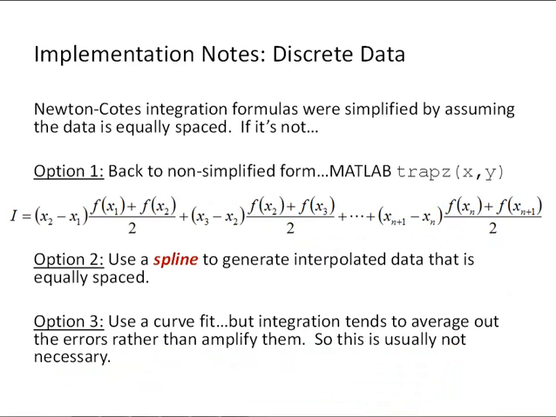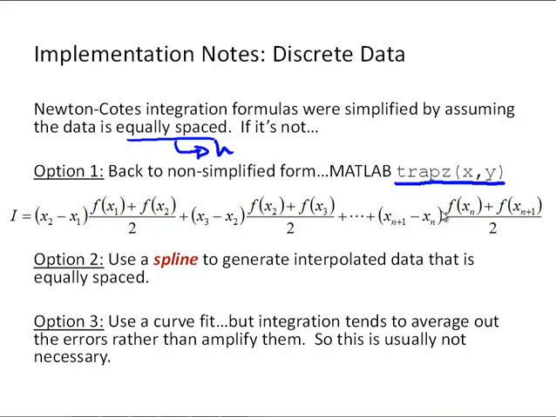So some final implementation notes. For one, when you're implementing discrete data, sometimes the data is not equally spaced. Recall, we assumed that the data was equally spaced. That's how we defined an h. But if it's not equally spaced, we have to change how we implement that. One approach is to go back to the non-simplified form, and that's actually what MATLAB's built-in function for the trapezoid rule, trapz, does. I'll talk more about how to use trapz in a future video, but it's basically going to implement the trapezoid rule going interval by interval and not simplifying it by assuming equally